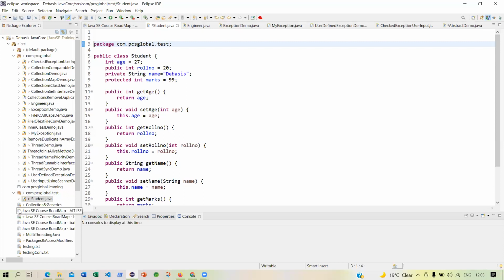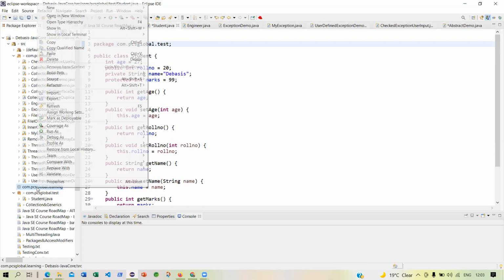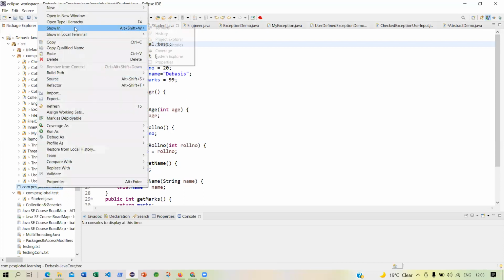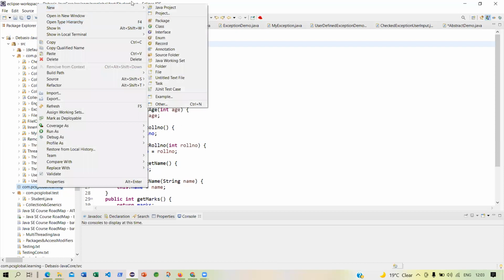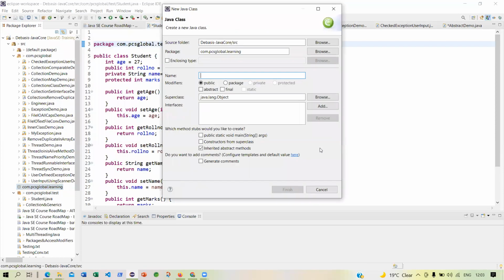Okay. Similarly, if you are on this particular package and you want to create a class in this package, not in any default package, you go to new, you go to class, and you will see that the package now comes as com.pcsglobal.learning, because you right clicked there.